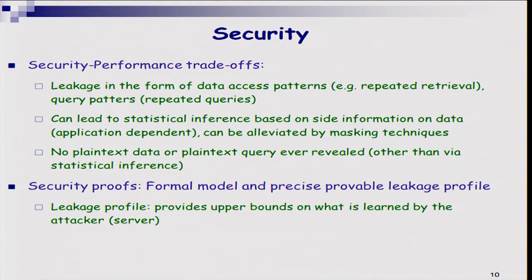Now, even though there is a disclaimer that we have to give up on perfect security in order to get performance, we shouldn't give up on formality. And really what we do is to have a formal model and precise, provable leakage profiles that give you basically an upper bound on what you are actually leaking. I call all this story the challenge of being imperfect. We are used in crypto to give things that are always perfect, only with negligible probability things will go wrong. Actually, here we are giving some leakage, and we need to quantify it.